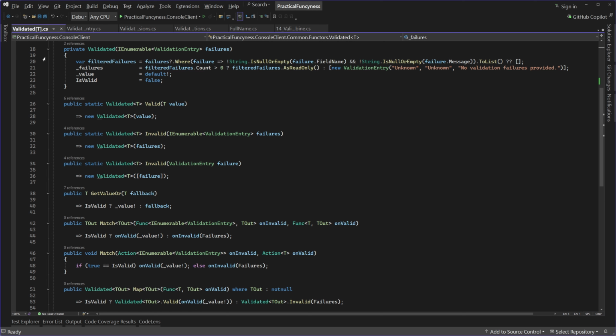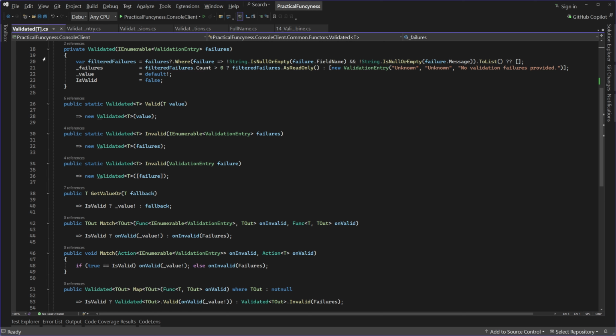This means you could, for example, use map to transform a valid value into something that would actually fail validation. In such a case, map would still wrap it in a validated because it doesn't perform any validation itself. Because of that, you might decide to omit map in your own validations if you want to strictly control when